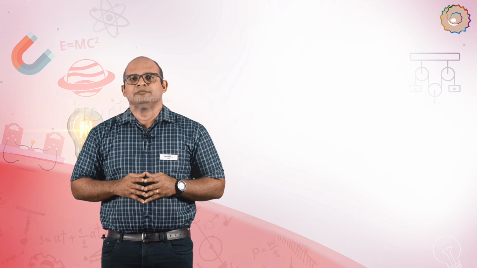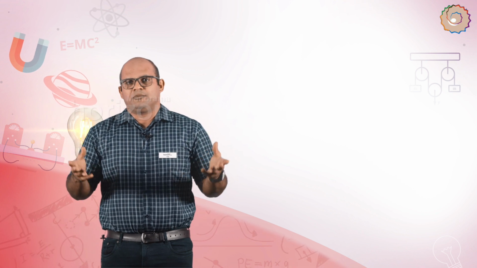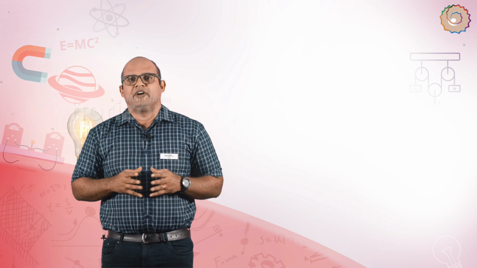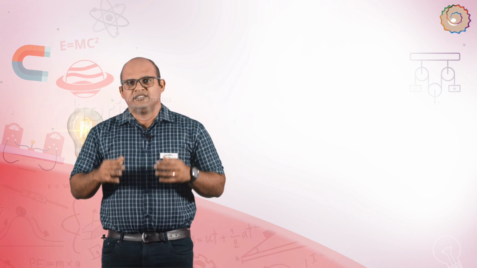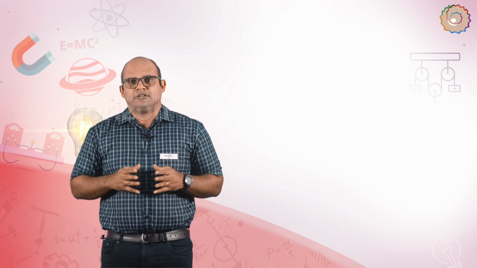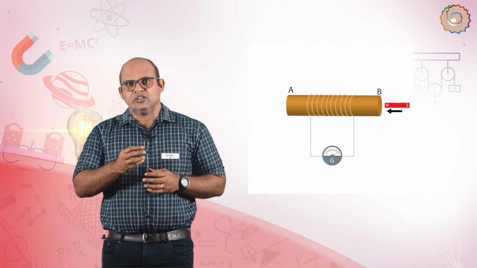Let's look at two experiments to understand what is happening. The first is the coil magnet experiment. Take a cylinder of cardboard or paper and wrap several hundred turns of conducting wire around it. Connect this wire to the two ends of an ammeter or a galvanometer. Now, take a bar magnet and insert it into one end of this coil and then remove it from this